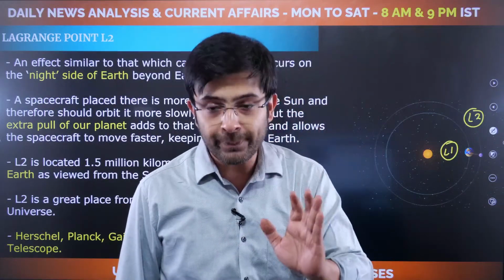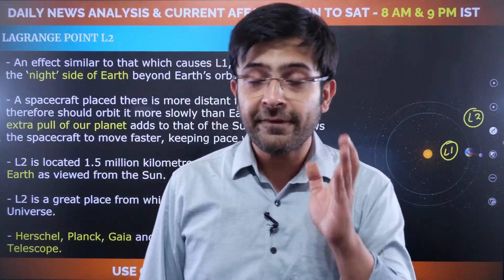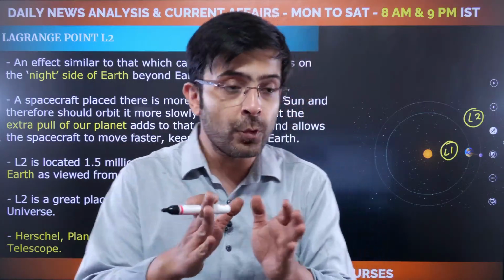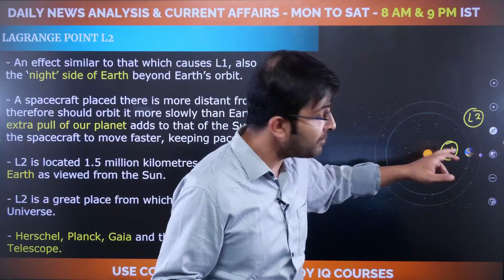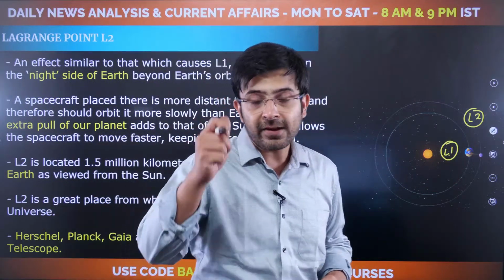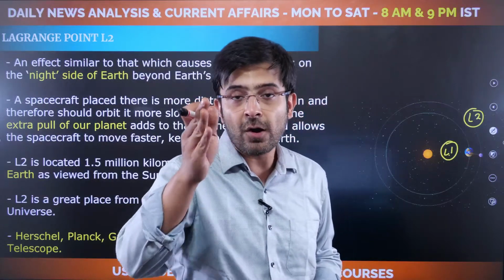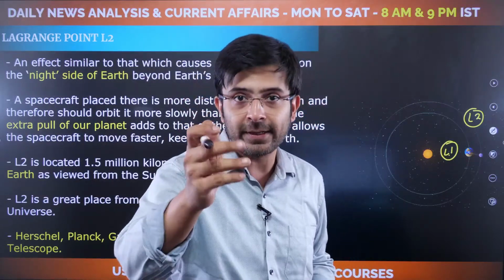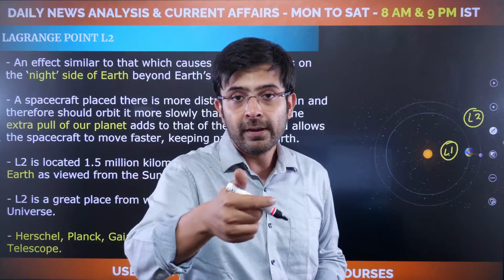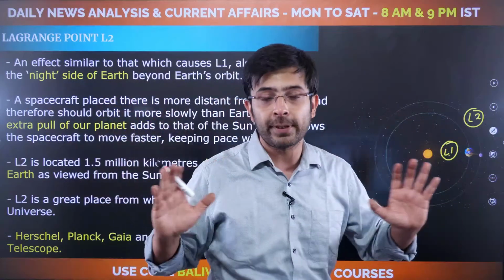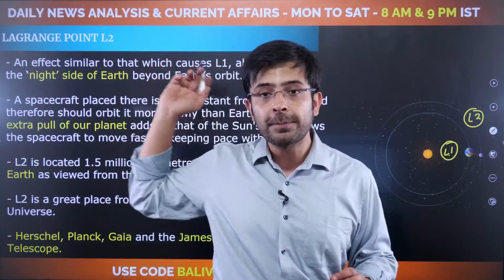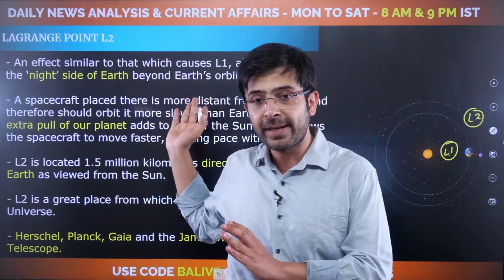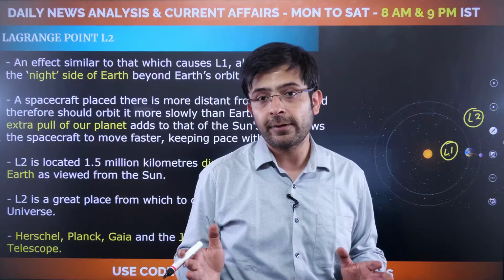Well, what's essentially the point of understanding here is that if you are looking to study deep space, what you need is a zone of darkness. If you were to study deep space from, say, L1, it's like trying to look into the sunlight, or like trying to look into the headlight or a torch. For example, if this is a dark room out here, and if I just put a torch in your face, will you be able to observe anything in what lies behind me? No. That's the whole point of it.